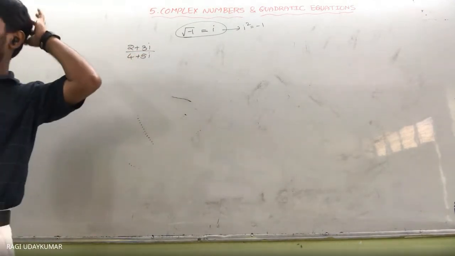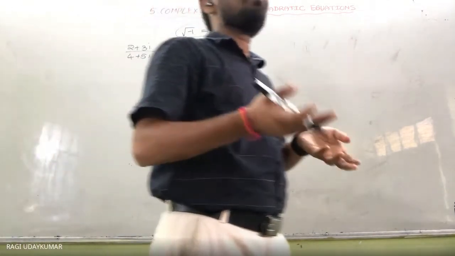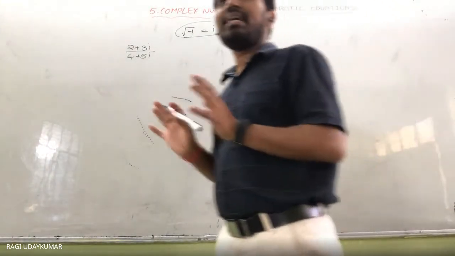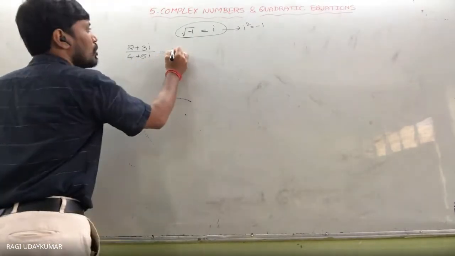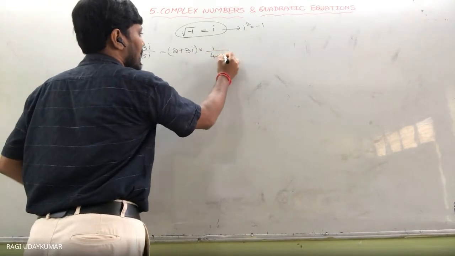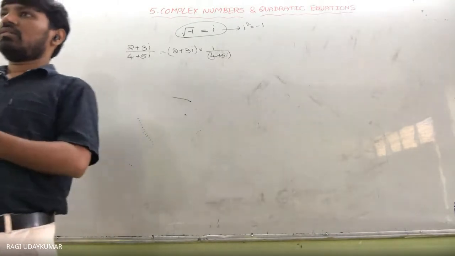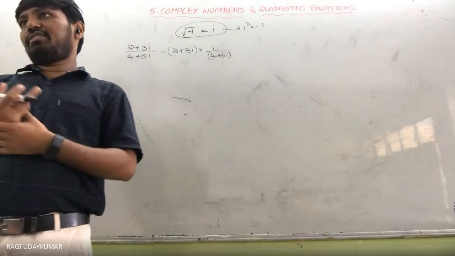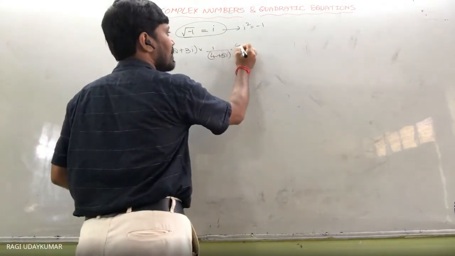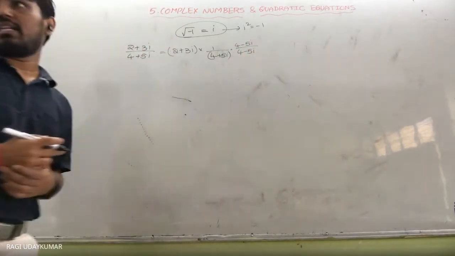Watch. So let us take one example. Suppose Z is what I have given to you: 2 plus 3i divided by 4 plus 5i. To divide, we have to express this in the general form of the complex number. What is the general form of the complex number? Write it in a plus ib form. So for that, what you have to write here? 2 plus 3i into 1 by 4 plus 5i. First bring this 1 by 4 plus 5i into the general form, since it is in the denominator. So what to do here? Only to this, I will multiply 4 minus 5i in the numerator and denominator.